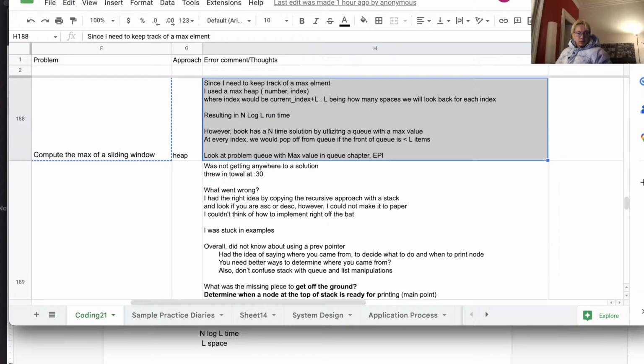Okay, so at each point, I have to look back L elements, right? I can add L elements at any given time to a data structure. As I'm adding these elements, I can keep track of the max element, so that way I can get the max element in O of 1 time.